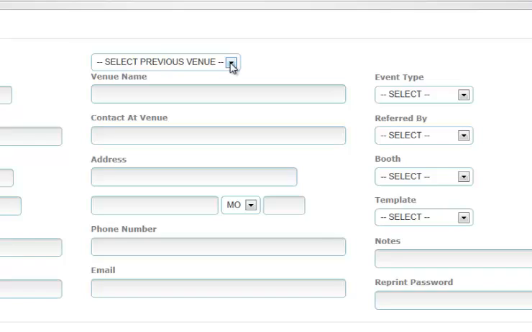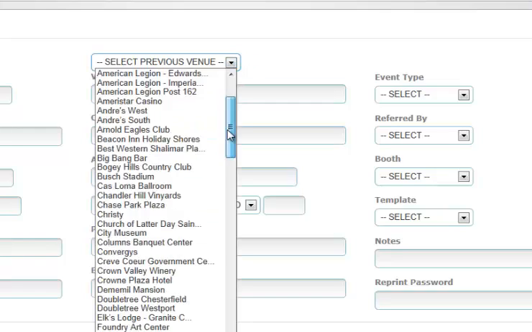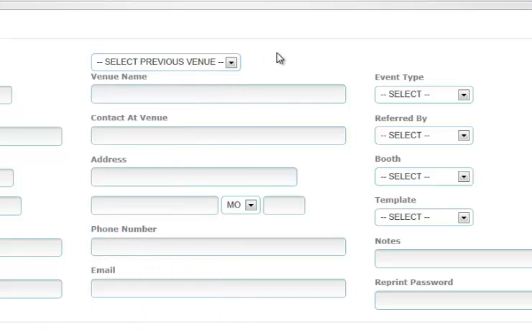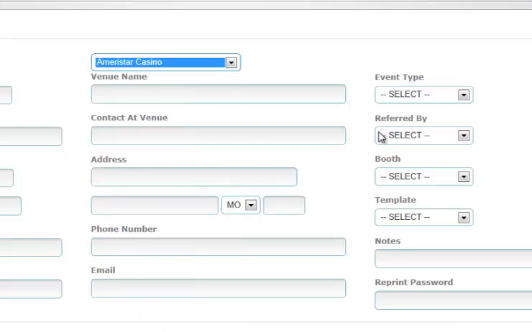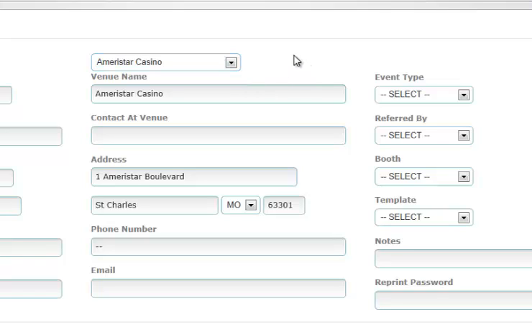Once a venue has been added, it's added to our venue list. Obviously, depending upon your geographic location, there will be a number of venues that are used repeatedly. So instead of having to input their information every time, you can simply select one from the drop-down list. And as you can see, the photo booth operator pre-fills the fields with whatever information has already been saved. You can make changes at this point to either the venue or the client. So even though this is an existing venue, if suddenly we had a phone number for them,